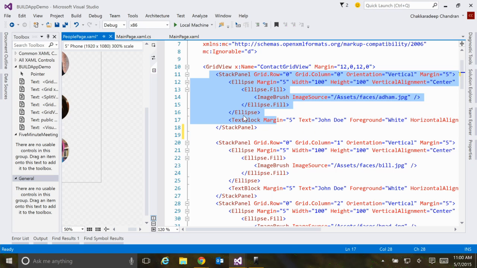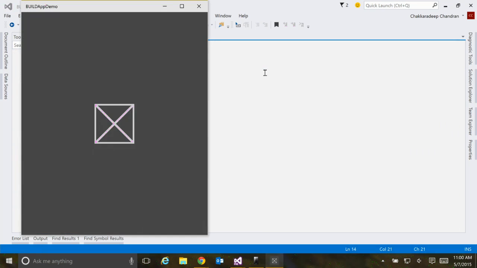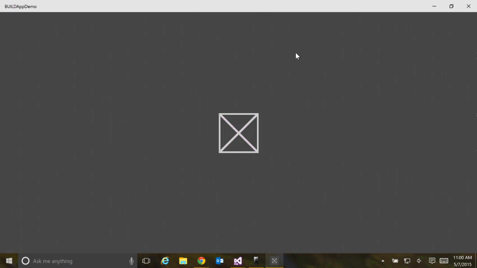Very similar and pretty much the same UX that you would build in Windows 8.1, but it just gives you the ability to put it in a split view that now works across all of the devices, and grid view that automatically lays out a responsive UX for the items within the grid view. So now it's quite easy to build this, but let's go a little bit deeper to say, hey, I'm